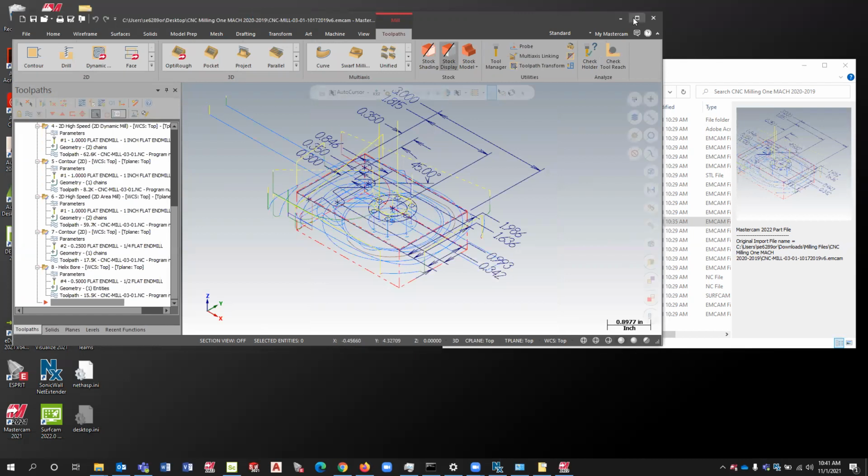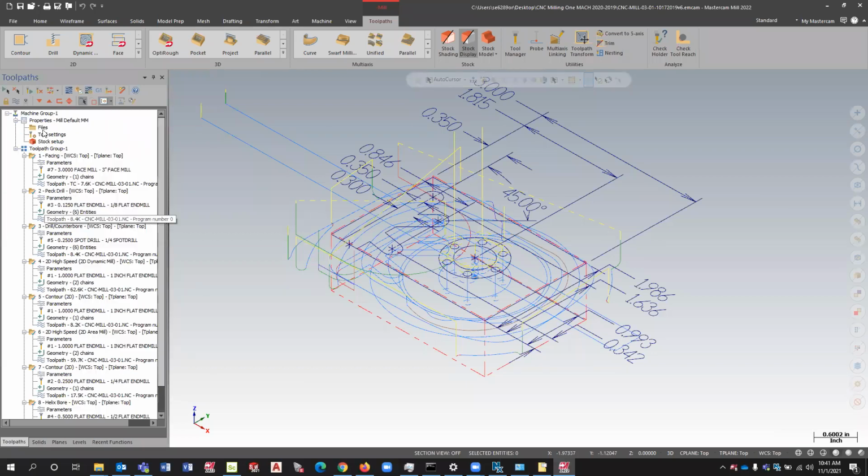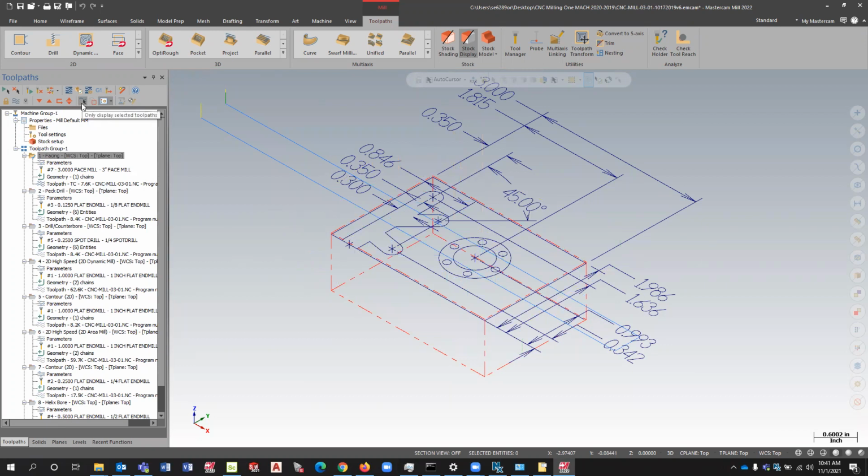Okay, now that we have the file pulled up, I will expand it out to the full size here. Now you'll see that it looks like a huge jumble. That's because I've got a lot of steps on this K block. If I select each individual group, I currently have only display selected toolpaths on. I can also turn that off, but I like being able to go through to make sure that all my steps look correct